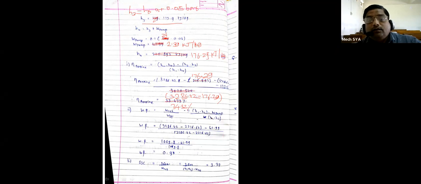34.32 efficiency. Work ratio, the H4 value is not appearing. So the work ratio will remain the same, I think. W net divided by W turbine, which is H1 minus H2 minus W pump. Okay, but W pump is wrong here. Therefore,